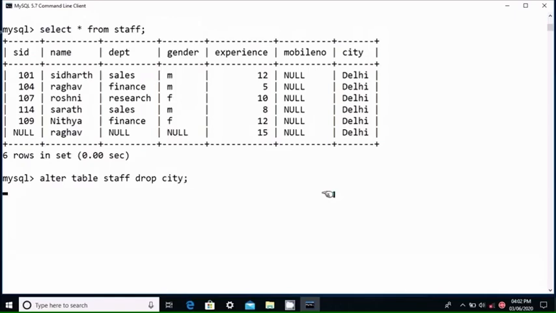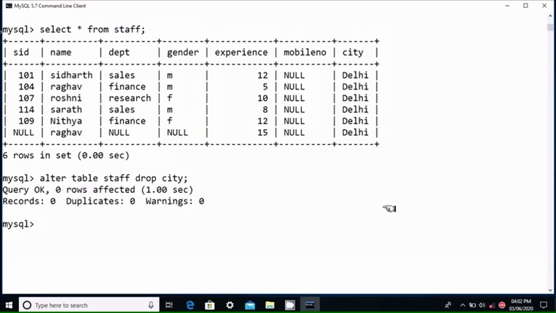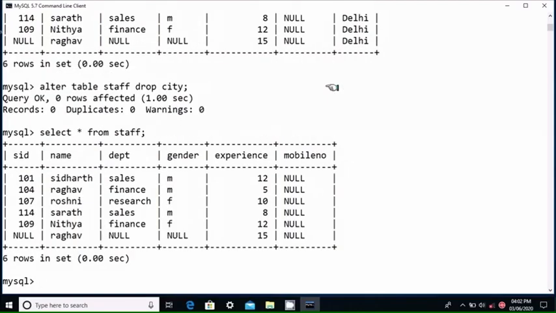So this column city removed from the table. Basically whenever you drop a particular column, all the data of that particular field is dropped and the memory is released. Now we can check the table again, that is select star from staff. So our column city removed from the staff table.